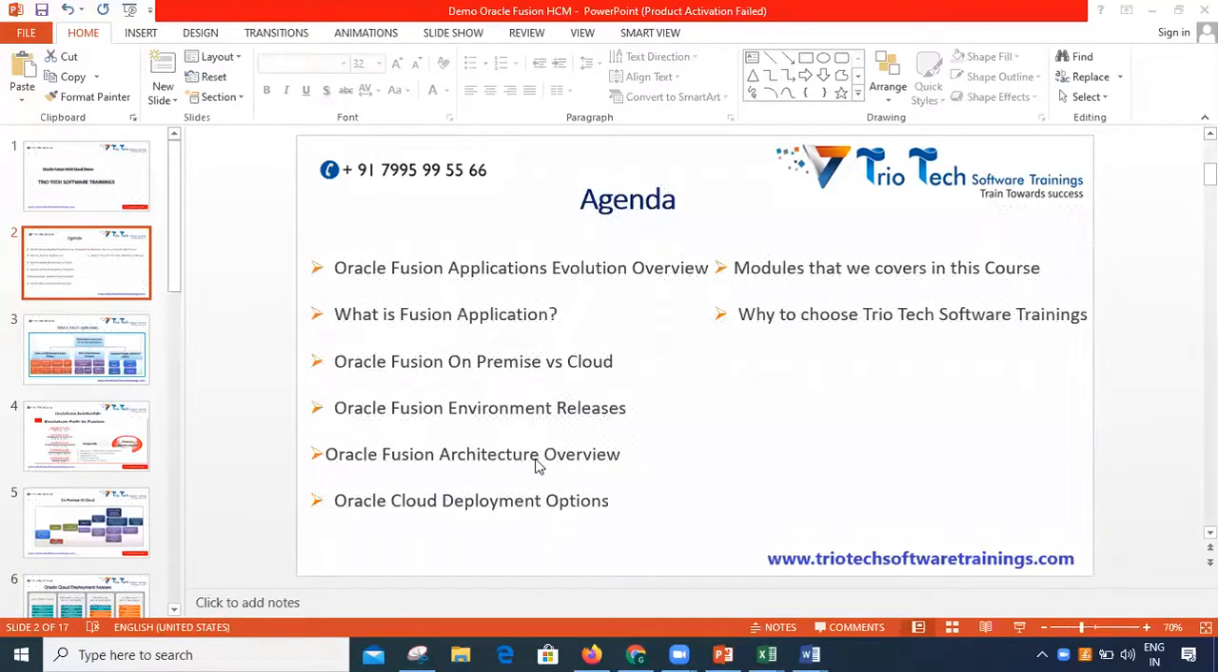And then we will discuss the Fusion architecture overview. The three-level architecture, what laid the roots or what is the schema of this Oracle Fusion application, and how they function, we will see in the architecture overview. And as I said, in the cloud deployment options we are going to cover the three options, SaaS, IaaS, and PaaS. And then we will see the modules that are available in the Fusion HCM cloud application